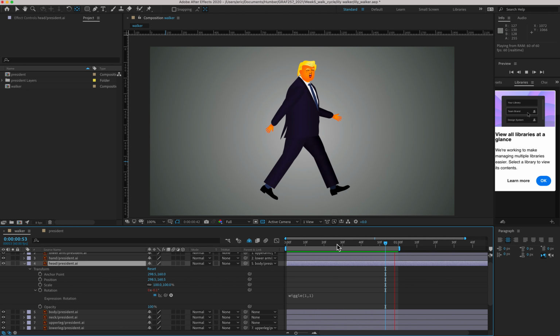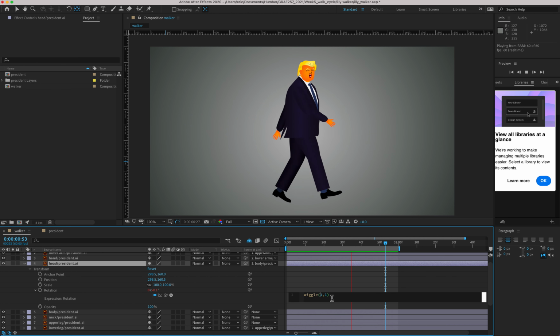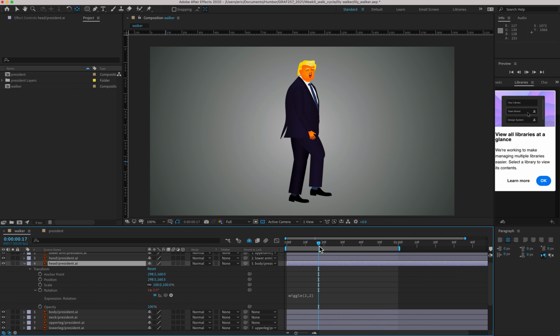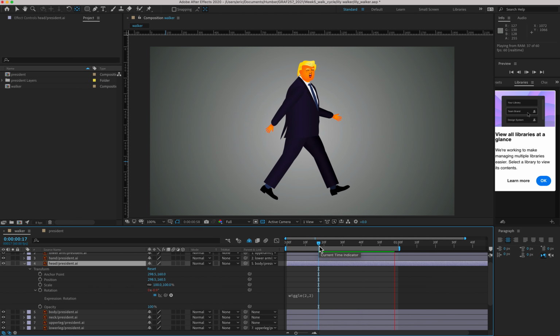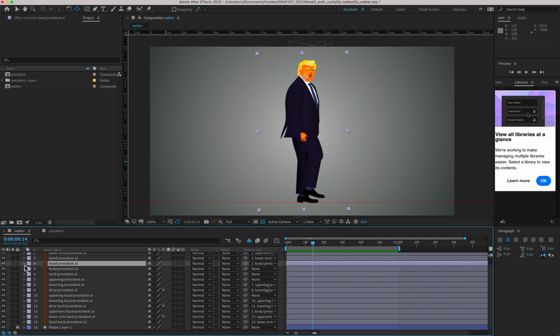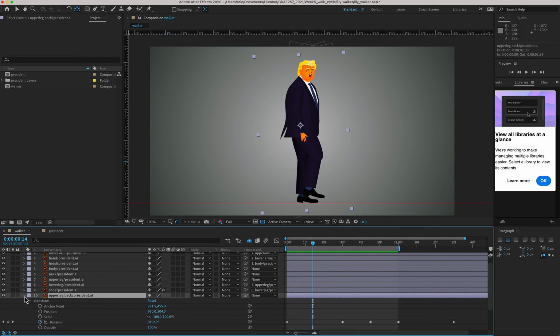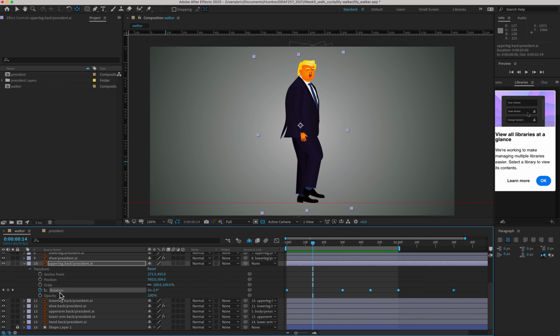Okay, what else can we do? Maybe we can smooth out this motion just a little bit. Smooth out the overall motion, right? Let's talk about easing. Let's ease these keyframes. Especially the legs could stand to do with some easing. So let's just use the default function for easing. I'm going to go to upper leg, right? Twirl it down. I've got my rotation keyframes. I'm going to select all of them,